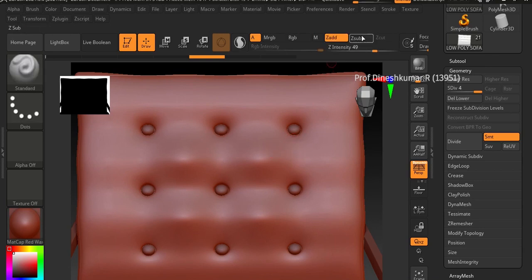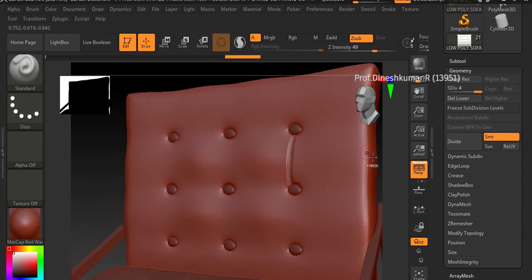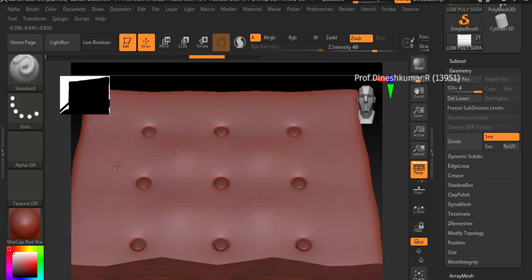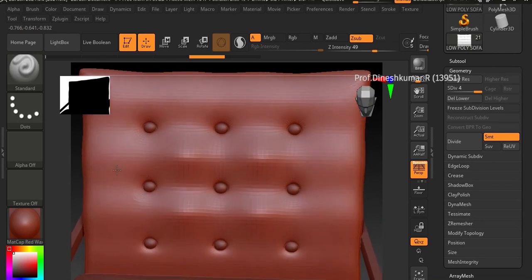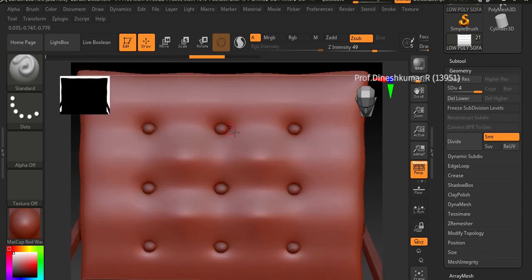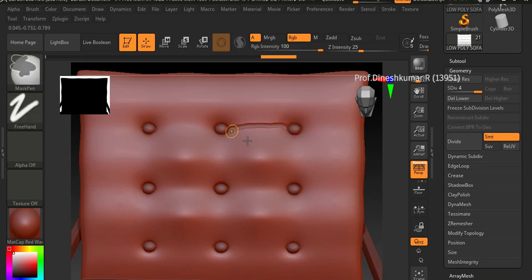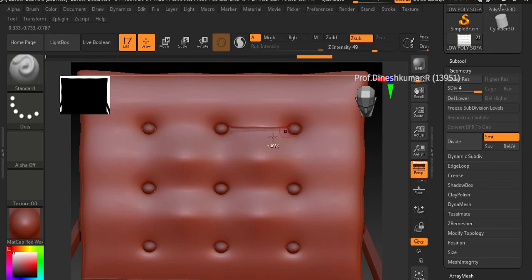let me just switch to my Z sub now. Now let me just drag it here. If you drag it here, you can see there is a small difference happened there. So look at this. If I just click and drag a shape here, look at the surface happening. What's happening here? So it was too straight. Okay, so this is what's happening here. So if you decrease this to something like this value, then